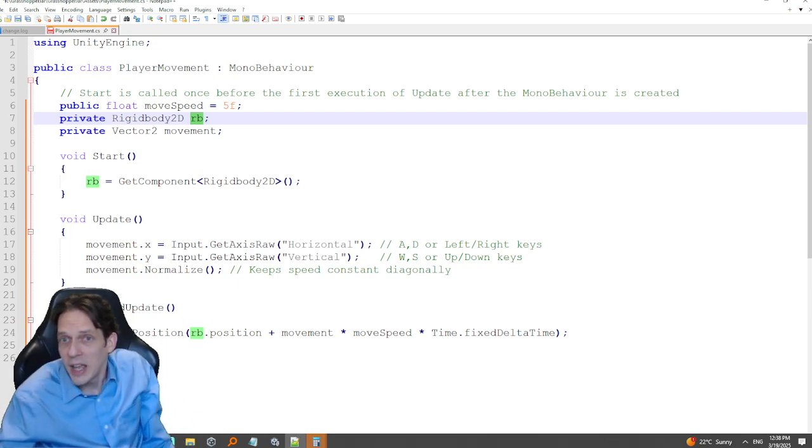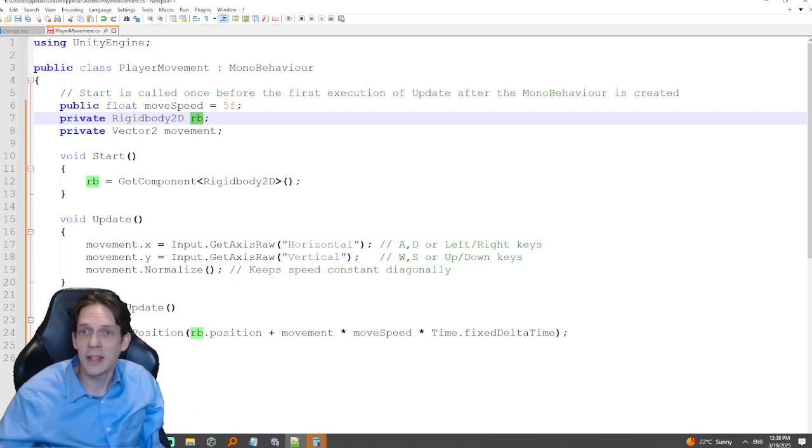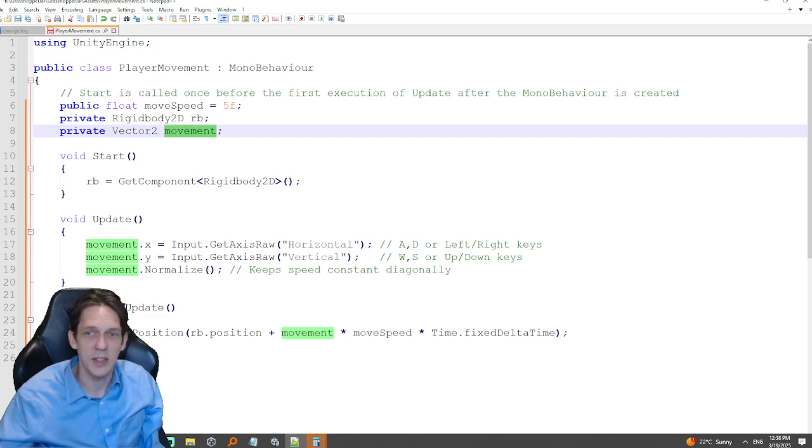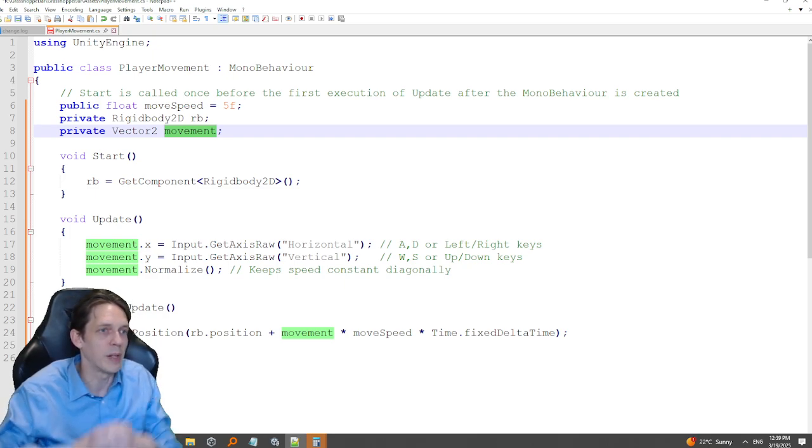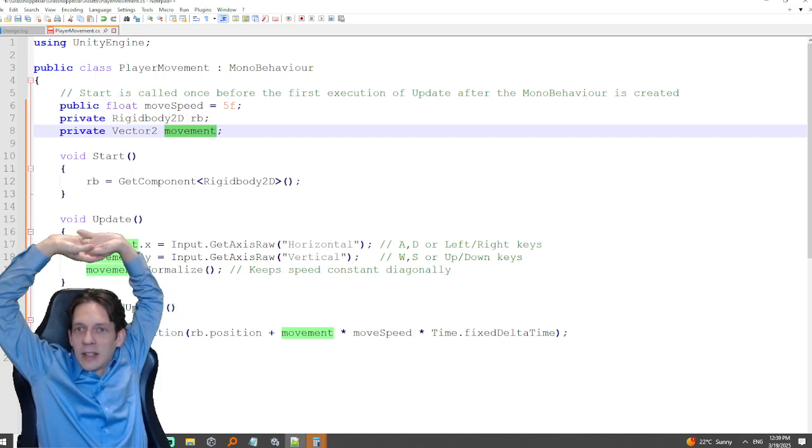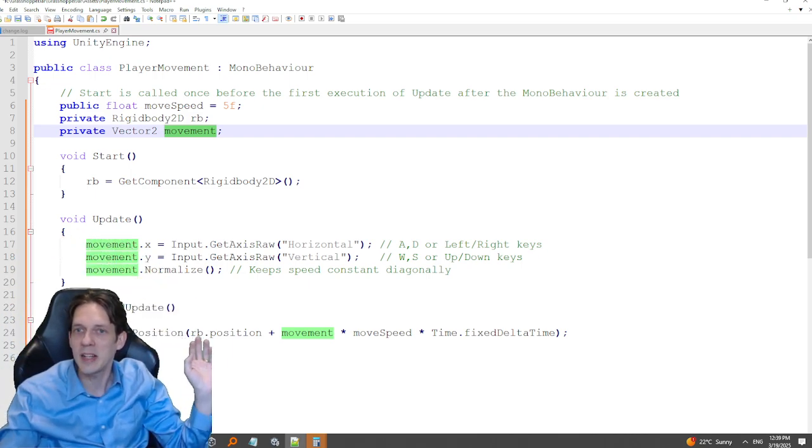That's a rigid body. And then we've finally got vector 2, and that is, just like I was talking about this bicycle before, that's going to show where it's going, and that is a movement. And the movement is an object that we are declaring here, and we are going to define it over there as to what it is. So movement contains an X and a Y and a normalized quality. So these classes, by the way, in C#, when you're building a class, and we're not building really too much of a class here, but it is a class.